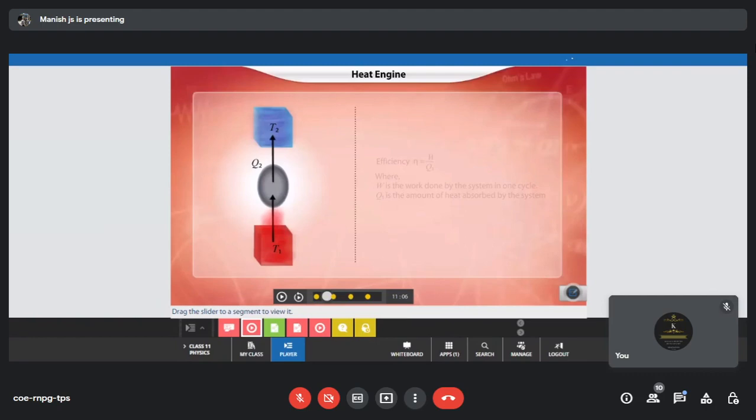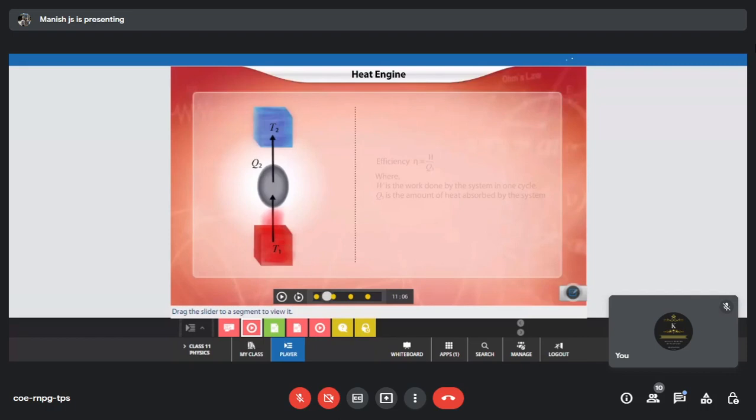Q1 is the heat transferred from the hot reservoir to your system. So that is what Q1 is. Okay, Q2 is the heat transfer to the sink, or the heat transfer to your cold reservoir, where the system, the piston, needs to come back to the original state. So that is what Q2 is. So don't get confused. Q1 is different. Q2 is altogether different. So both have different terminology.